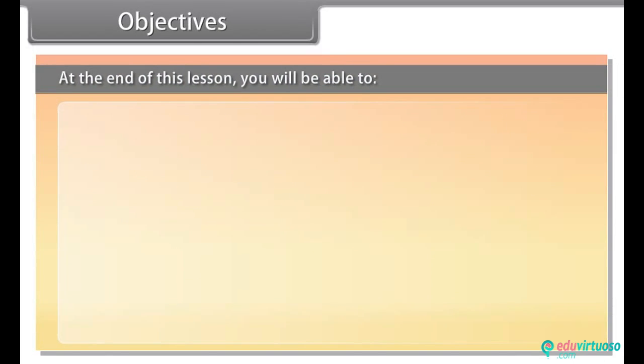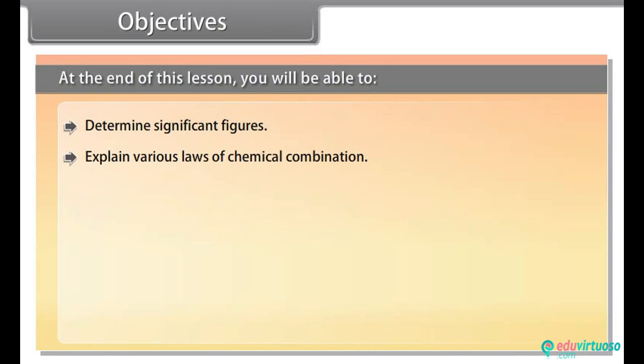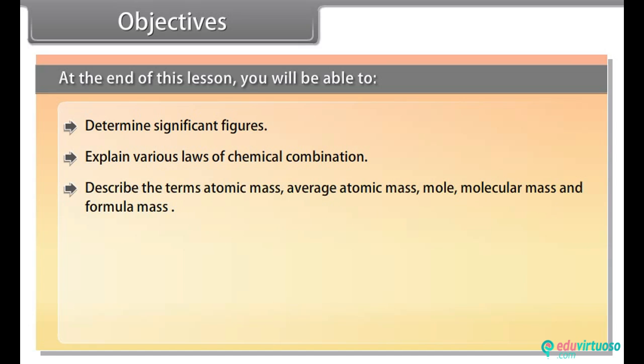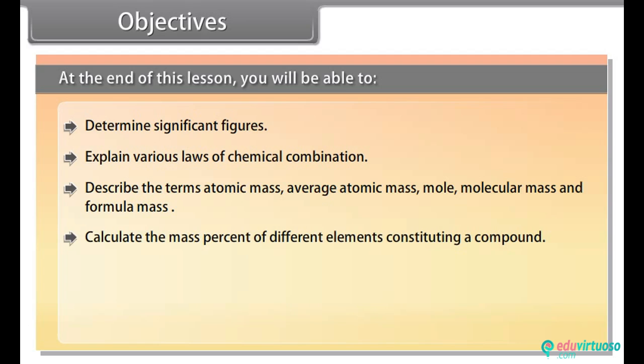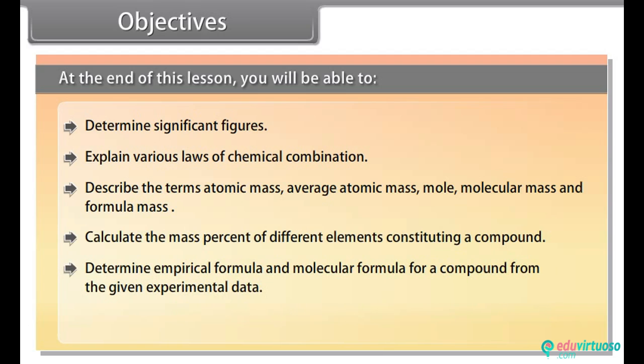Objectives. At the end of this lesson, you'll be able to determine significant figures, explain various laws of chemical combination, describe the terms atomic mass, average atomic mass, mole, molecular mass, and formula mass, calculate the mass percent of different elements constituting a compound, determine empirical formula and molecular formula for a compound from the given experimental data, perform the stoichiometric